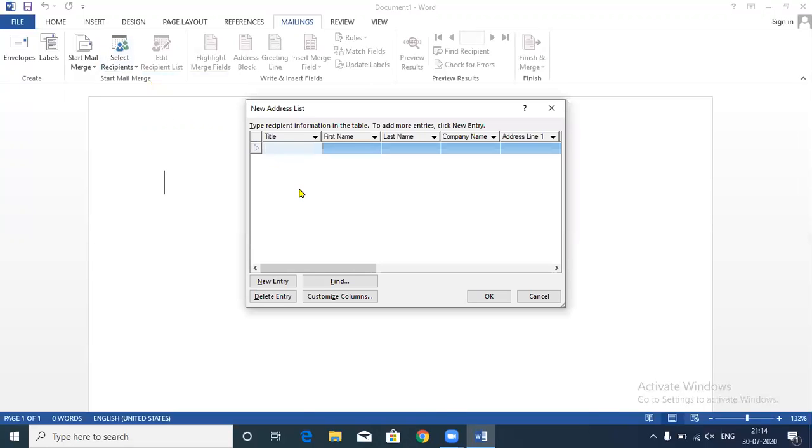Here you can see there are a number of options available. You can add title, first name, last name, company name, address line 1, 2, etc. So these many options are there. If you want to have all these labels for the entries, then you can start filling in the entries. Otherwise, if you want to change these labels, if you don't want all such labels in your document,